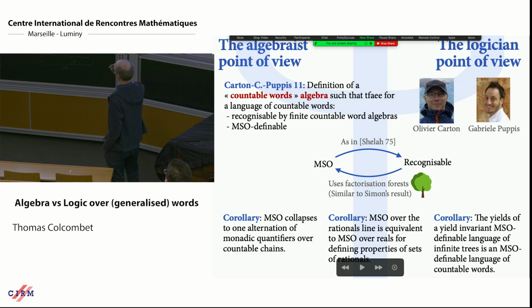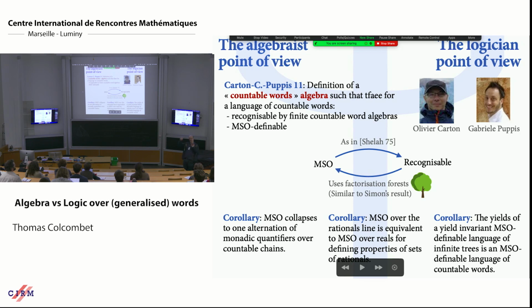And another one is, well, if you describe a language as a regular language of infinite trees that may have leaves, and you look at words that you can write on the leaves, and you assume that two trees that have the same word on their leaves either both are accepted or none, then the language of leaves, the yield of these trees, is also regular. It was also an open question, but maybe more technical.